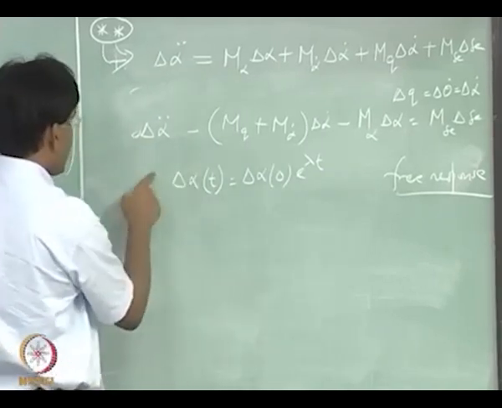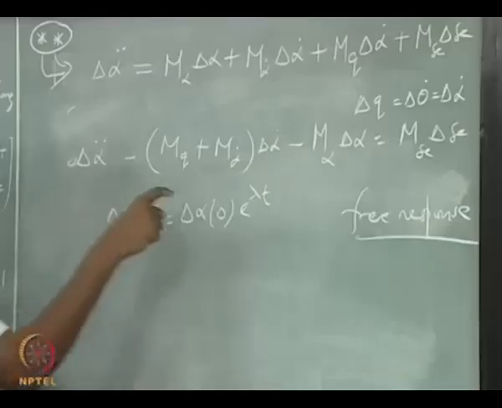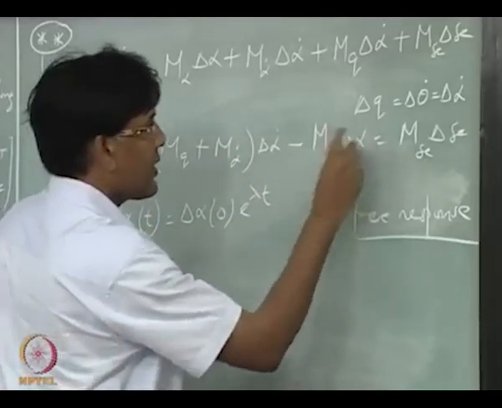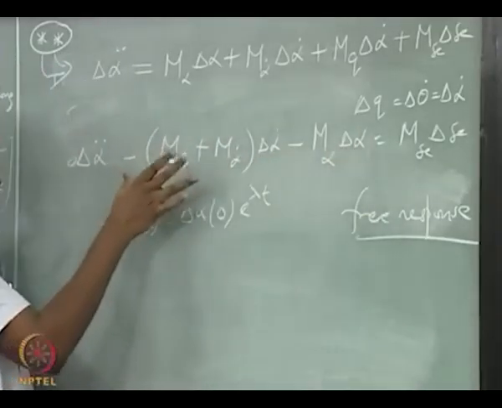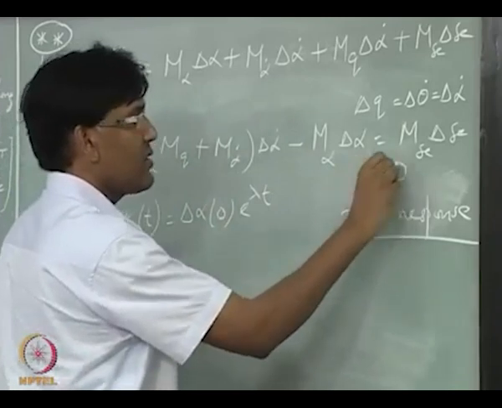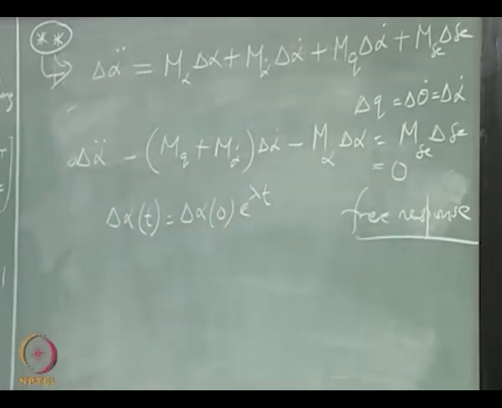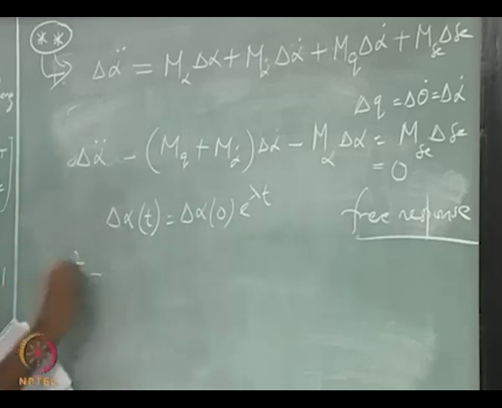Now you substitute this in this part, okay, equal to 0. What you will arrive at is an eigenvalue problem, right, an equation which is a second order equation in lambda,